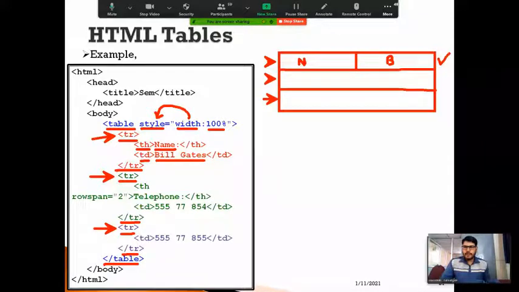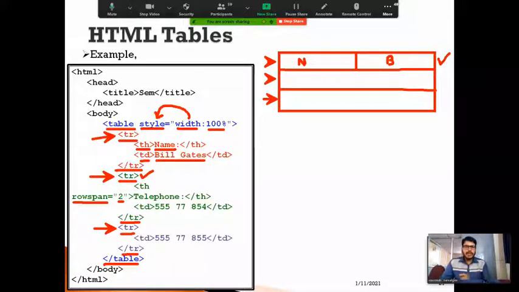And I'm opening the next row by using a tr tag here. Within this tr tag, I'm going to use a th tag, along with rowspan, and I'm going to specify the value as 2 here.